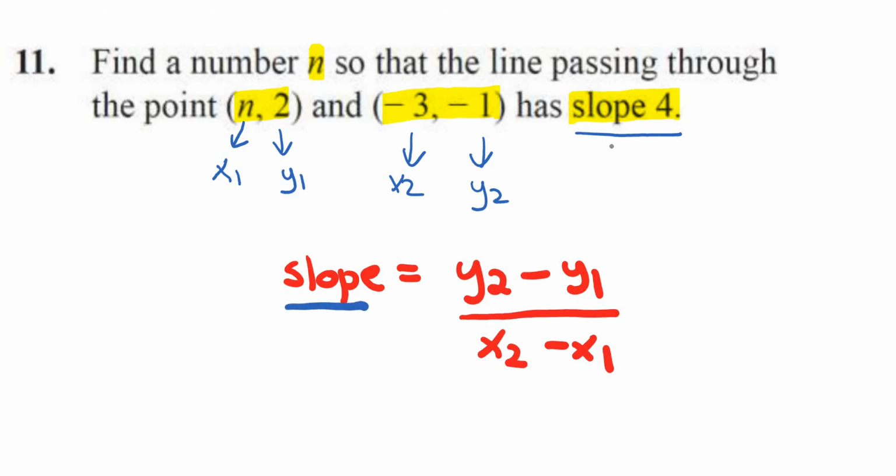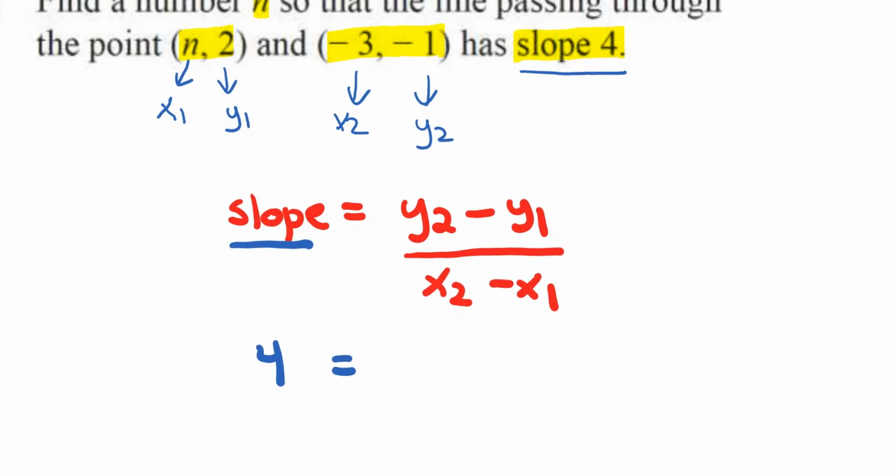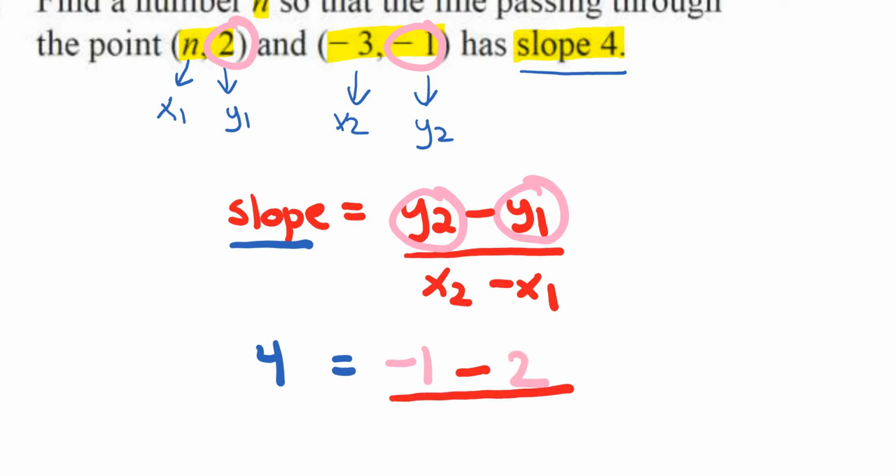So let's put the 4 in there. What's the value of y2? The value of y2 is -1. Minus, and what's the value of y1? The value of y1 is 2, so -1 minus 2, all divided by